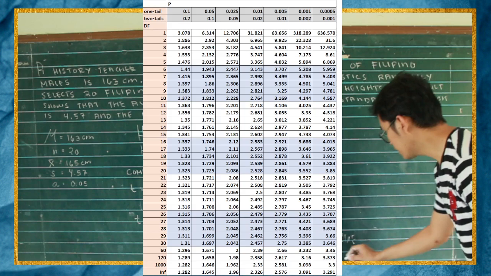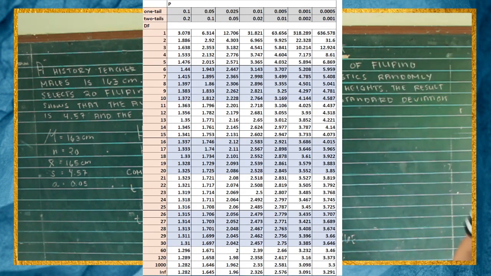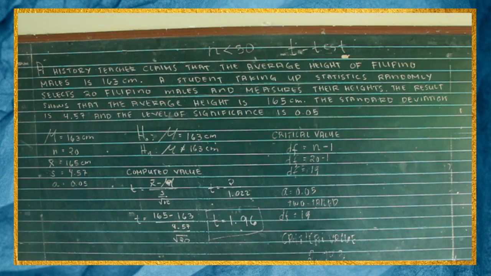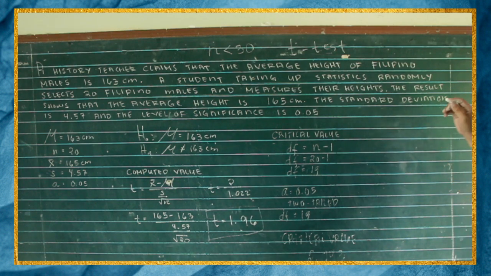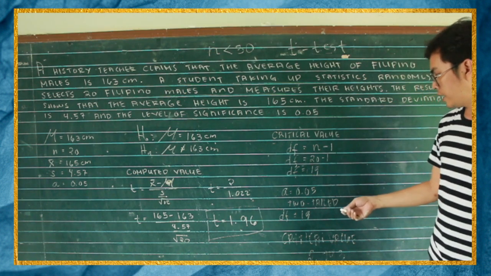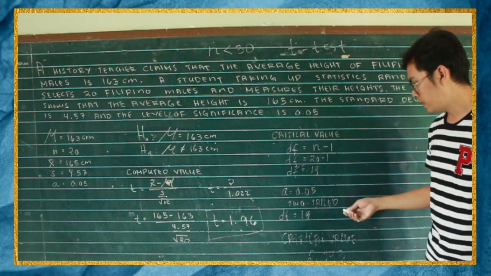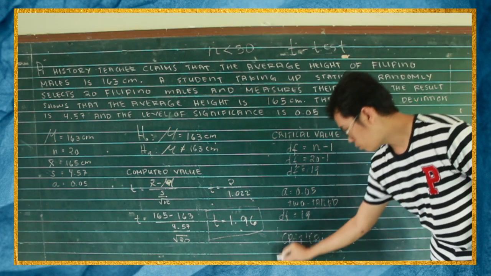So, ang critical value natin ay 2.093. So, ganun po yung paghanap sa or ang paggamit ng T-critical value. So, ang critical value niya ay hindi basta yung positive, negative 1.96. Kundi, we have to use the degrees of freedom, identify if 2-tailed, pero 2-tailed lang naman tayo, and then the level of significance. So, from that, nakita natin yung critical value, which is